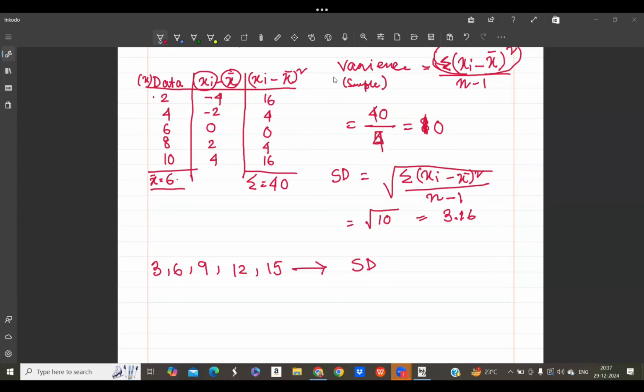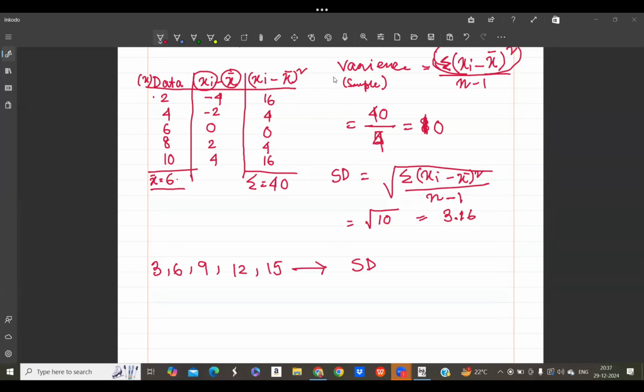मैम 90 डिवाइडेड बाई n से करें या n minus 1 से? अगर n से करते हैं तो 4.24 आएगा, एंड अगर n माइनस 1 से करते हैं तो 4.74 आएगा। ओके। सेम आया सबका? सौरभ का सेम आंसर है, गौरी का डिफरेंट आंसर है। गौरी आप चेक करो अच्छे से। एंड कल्पेश, गुड। सोहेल, आप एक बार पॉइंट चेक कर लो, मे बी आपका टाइपिंग मिस्टेक भी हो सकता है, आई डोंट नो।